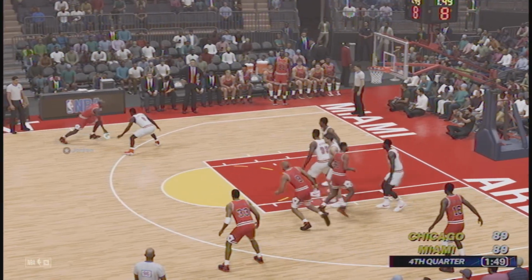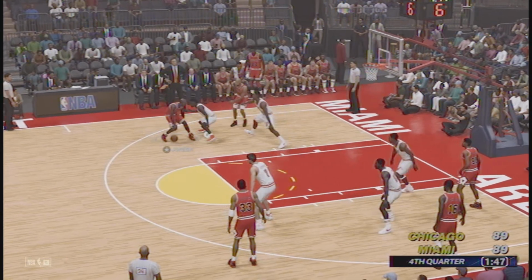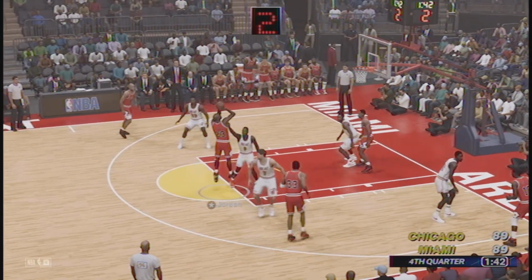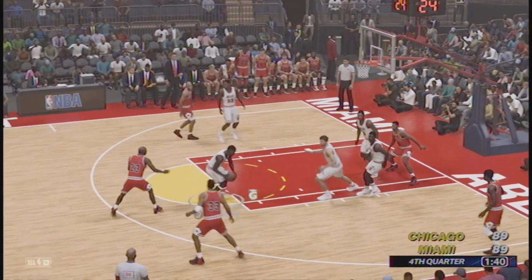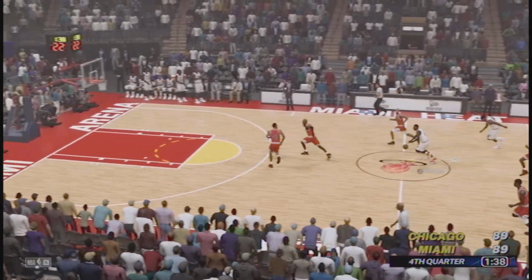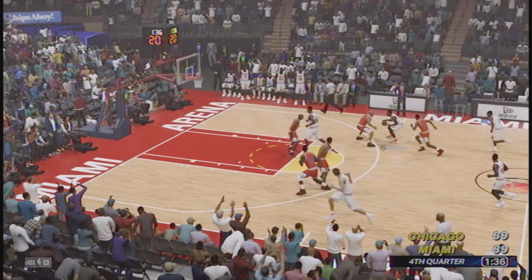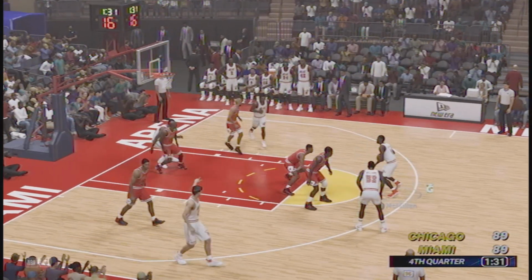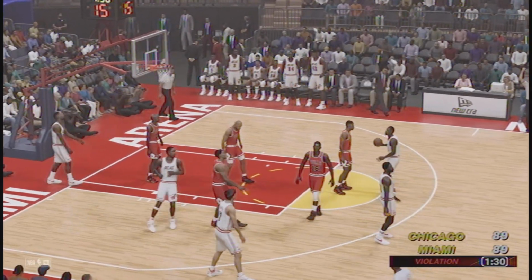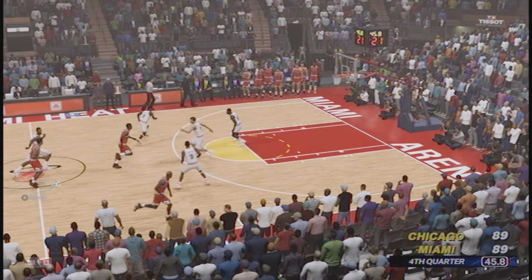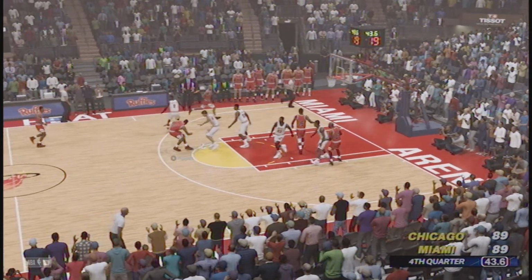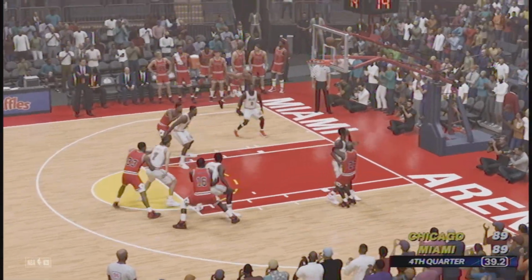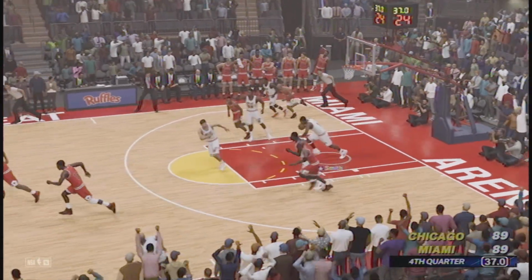Scottie Pippen with that 3 tying the game in Miami. Miami is a damn good team this season. This is a damn good matchup. Michael Jordan contested, misses the shot. Rebound Heat. And the Heat want to make a quick basket here with 1:35 left to go. We got Nate McMillan handling the ball. Offensive foul? All right, well... Bulls ball now. Scottie Pippen to Jeff Sanders to Jordan, who misses that shot.